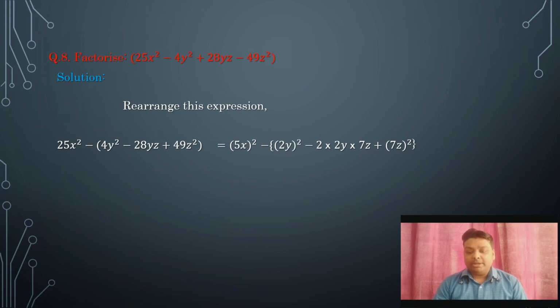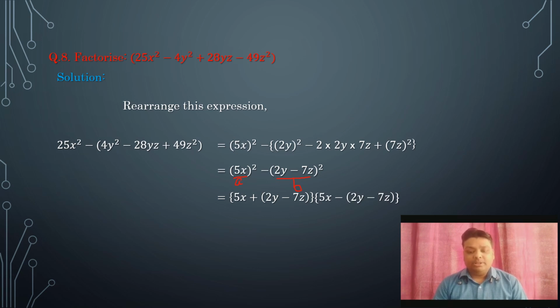But here you can see minus sign. It means it is based on the formula a minus b to the whole square. So we can write 2y minus 7z to the whole square, and we can write 25x square also as 5x to the whole square. Now here you can see a as 5x and b as 2y minus 7z, and in between minus. So it is again formed on the formula a square minus b square. It means a plus b and a minus b. So again we can write 5x plus 2y minus 7z. Here you can see b is a binomial, so we will use the middle bracket also.